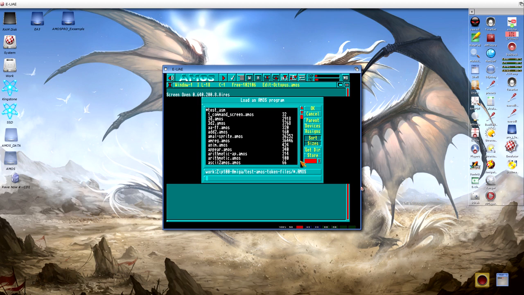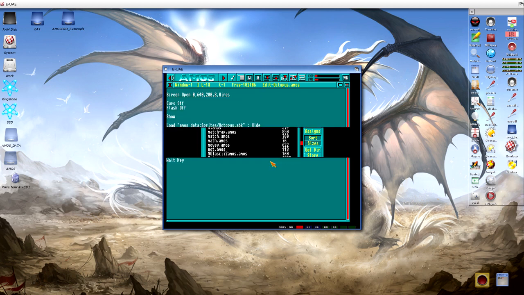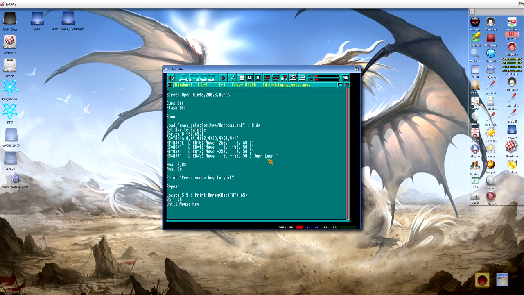It's also called Octopus. Octopus move. It's similar: it loads sprite objects, sets the sprite palette, we have a sprite at these coordinates, we have the animation,